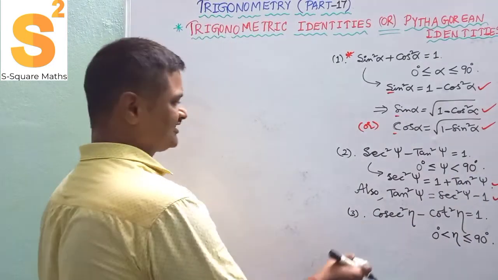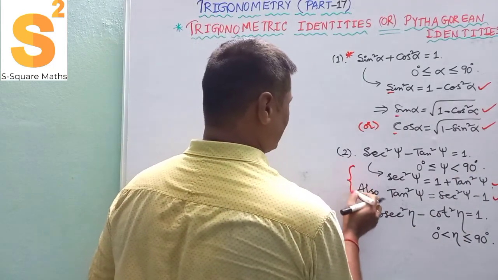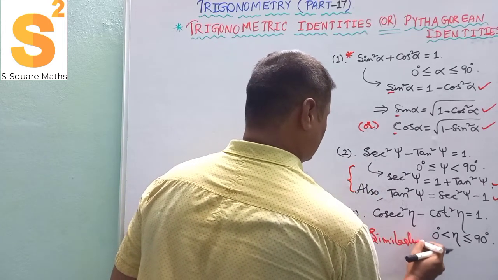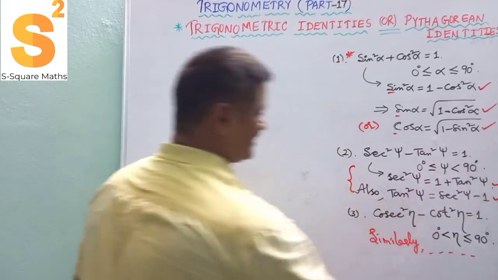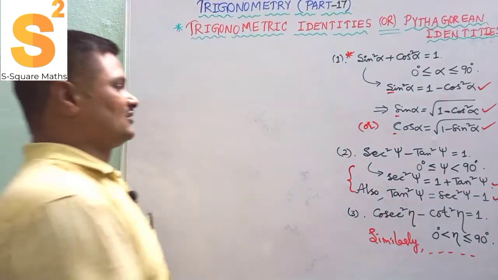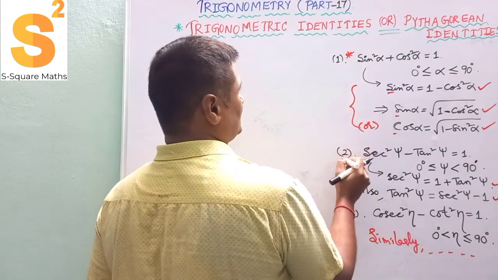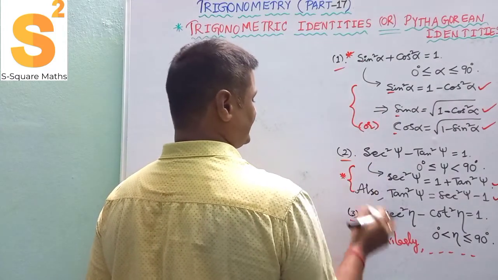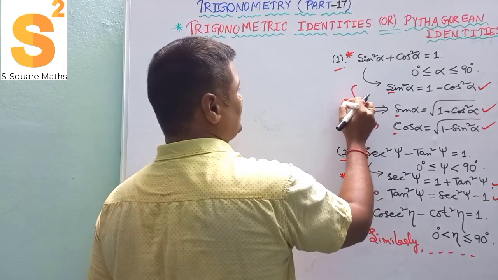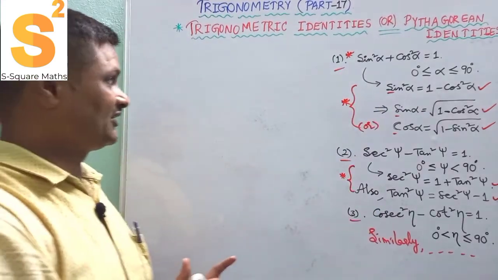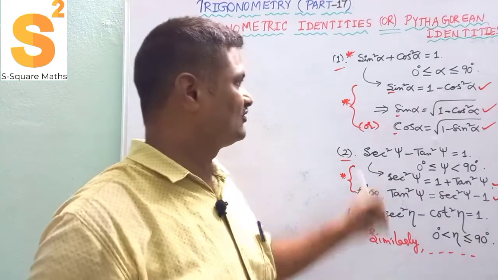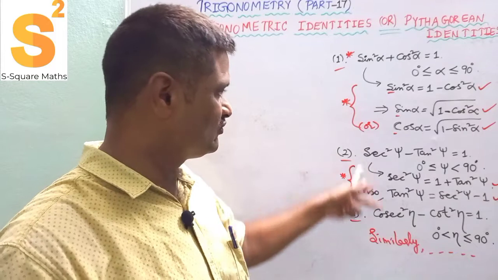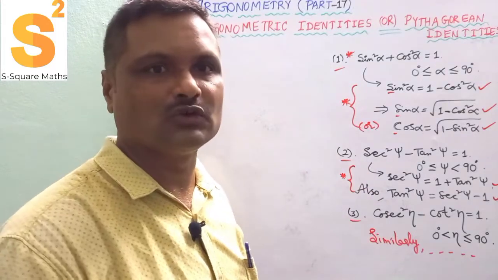In the same way, whatever I have written here, similarly you can write; this part I have left to you, the deductions from the given trigonometric identities. So please remember 1, 2, 3 with the basic calculations. We can go through the remaining 4 parts. Okay, once you have a look.